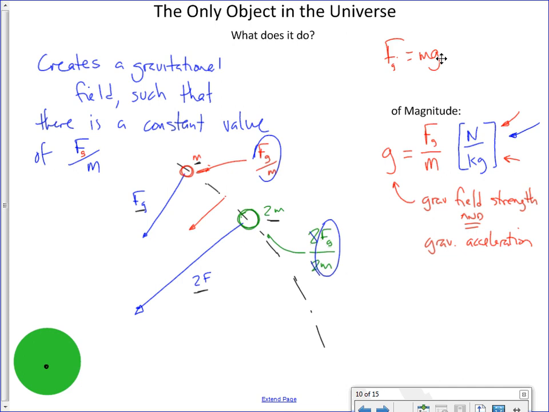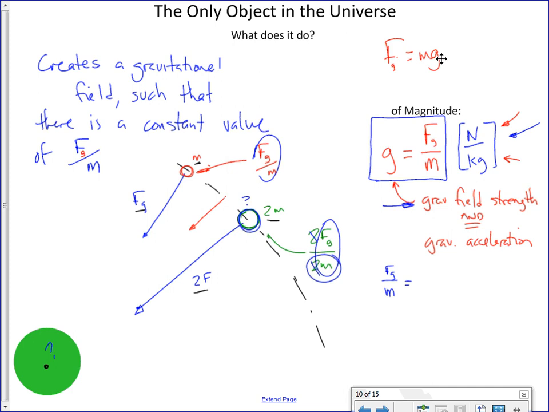Now, the other thing that we can say is, so this is one thing. I mean, duh, we know that, but we have to make sure that we're now thinking of it in these terms, that this is actually gravitational field strength. All right? The other thing is this: if we say Fg over m, now, m, which m? This one or this one? Well, it's this one, right? That's the mass we put in here.